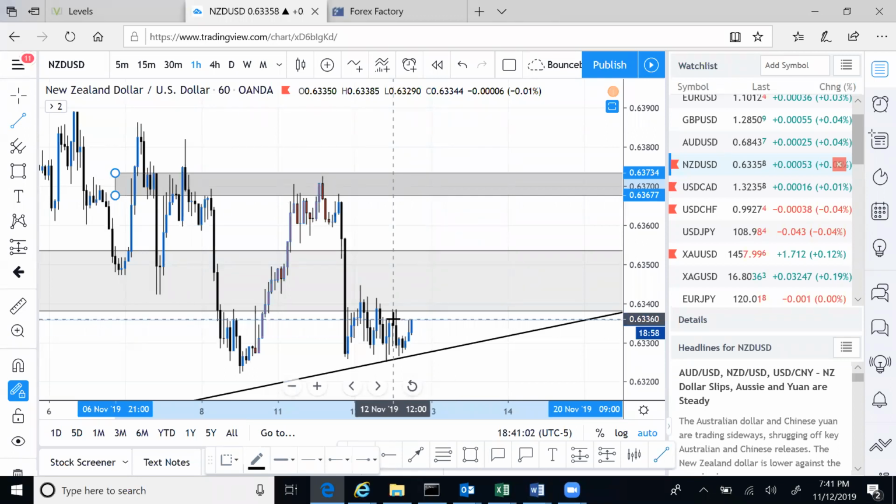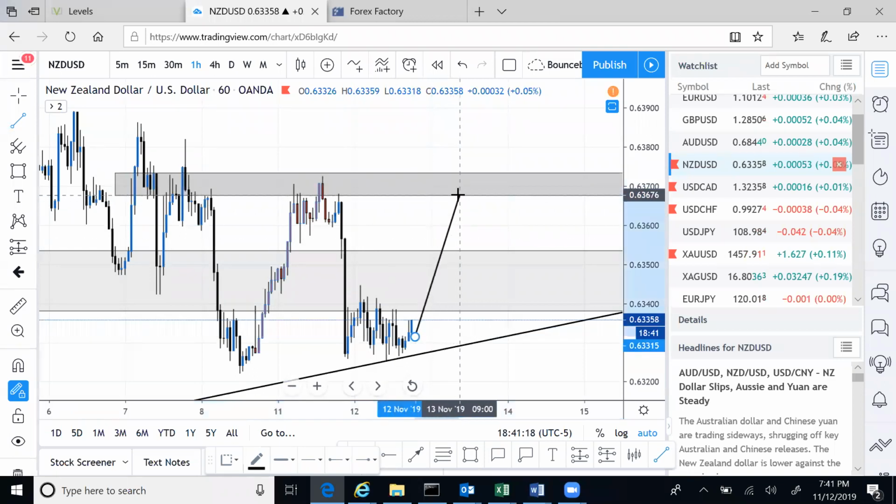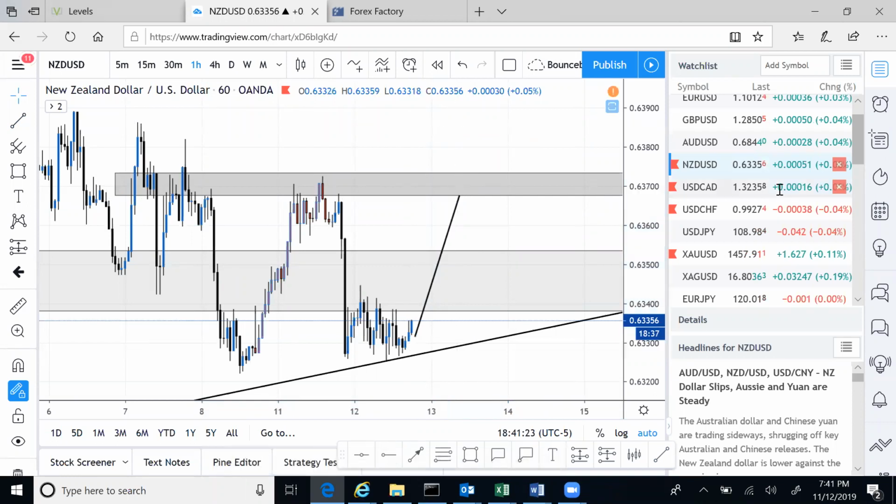I am not going to send out this trade, but I'm just showing you that I like the setup. And the reason I'm not sending out this trade is because we have NZ News, so I'm not going to send it out. But you guys should be able to see what it is I'm looking at here. We're looking at this type of move. But we will see. Anyway, USDCAD.